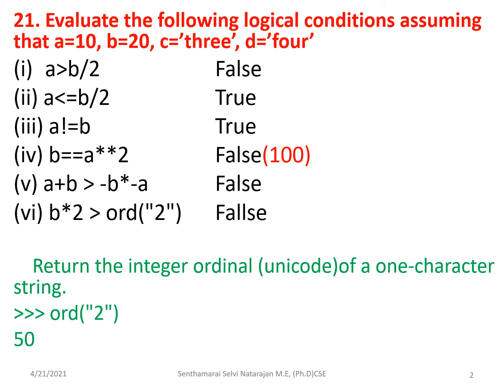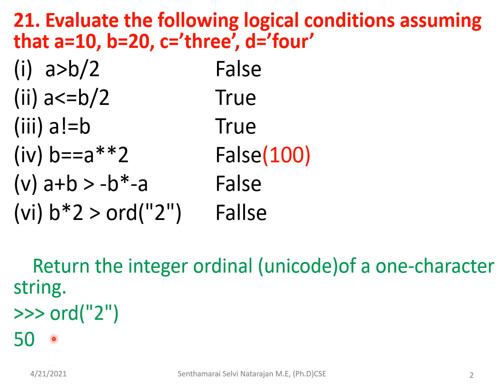And in this expression you have to get the ordinal of 2. Ordinal of a character is a built-in function, so you have to specify the character. If it is a character, you can directly specify it as ord of c. If it is a number, you have to give it in quotes so that it returns an integer value, that is the Unicode of that given number or character.